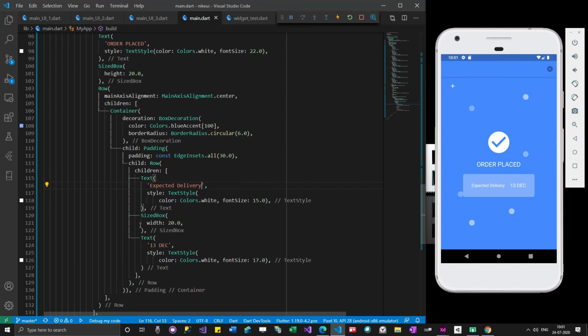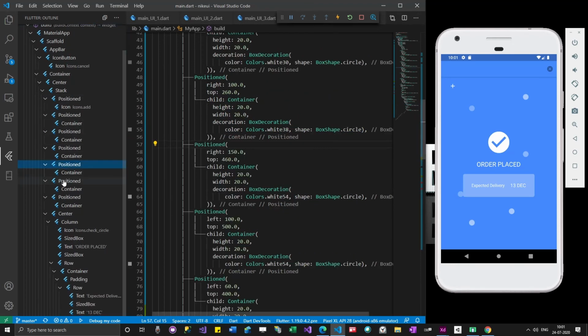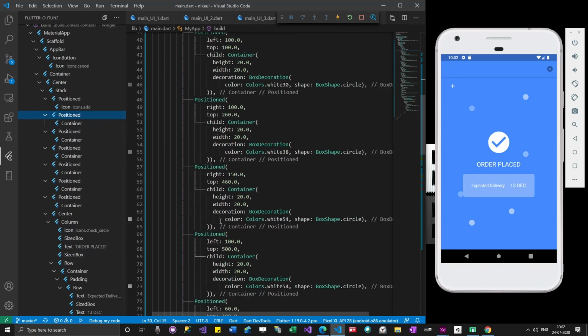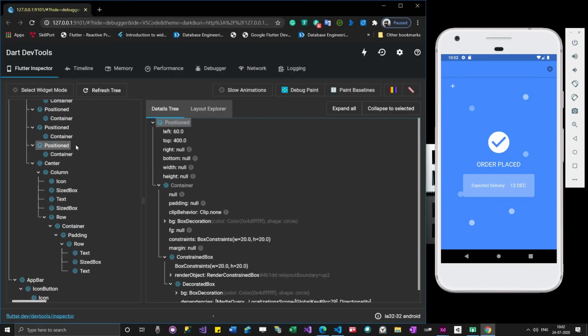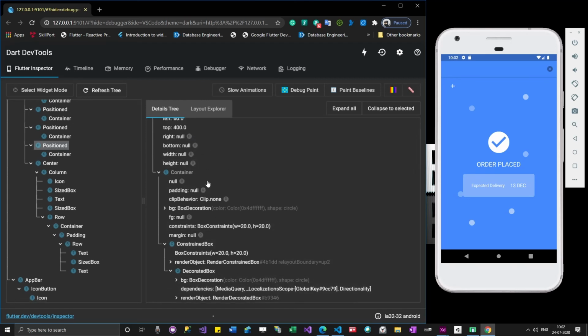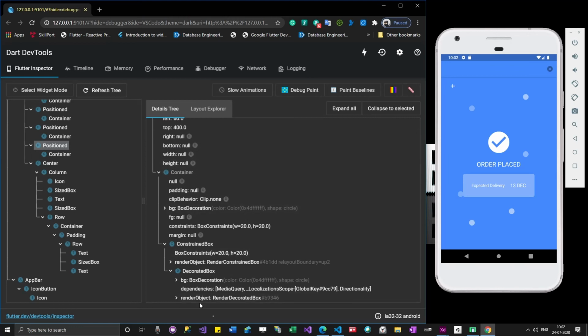In this development, like in Visual Studio Code also, we have some option like Flutter. When I click it, you can actually see some options. These options are helping you to pass through the code. But when I open this debugging tools and click on some position widget, it is actually showing some properties, what are the default values passed for other things. Even though you just specify left and top, there are other things which are taken as null. A number of things are shown here.